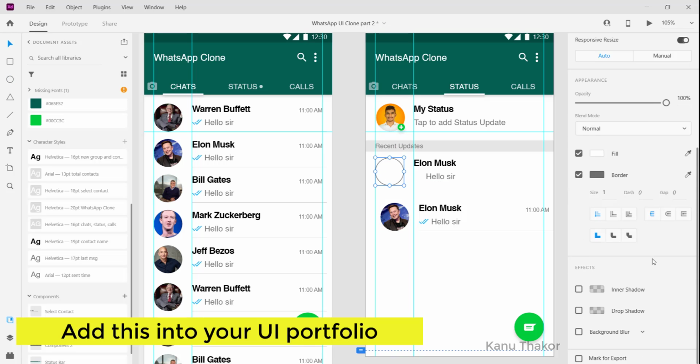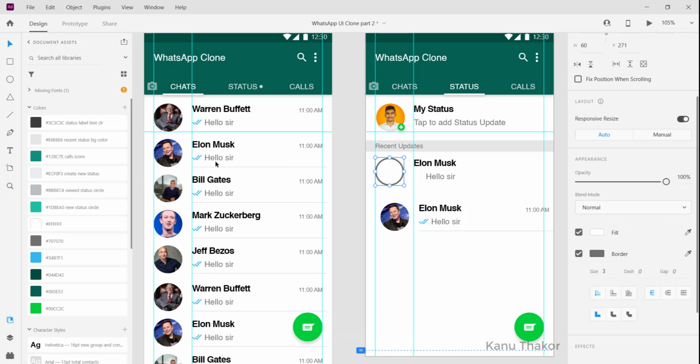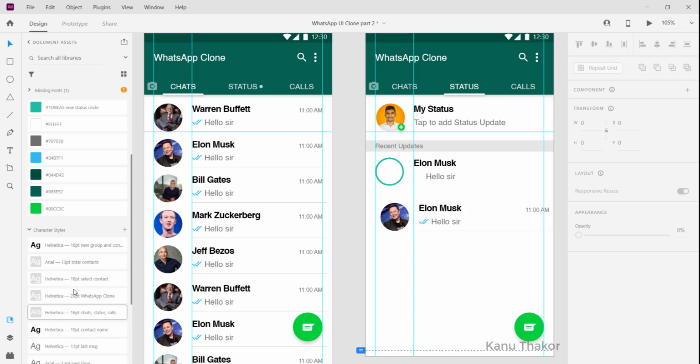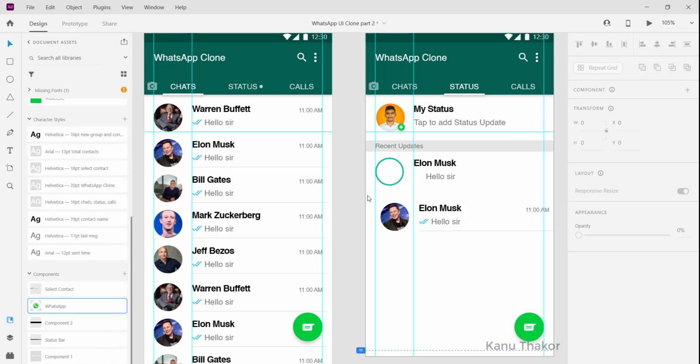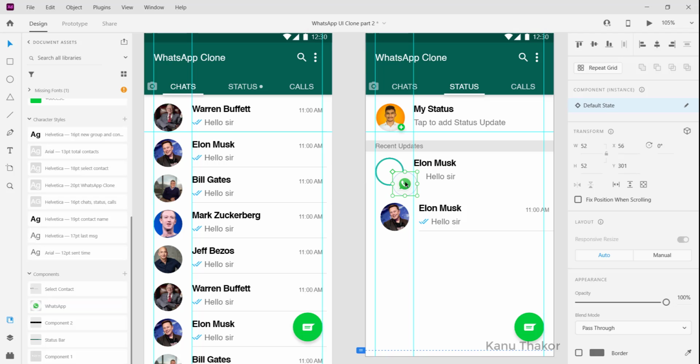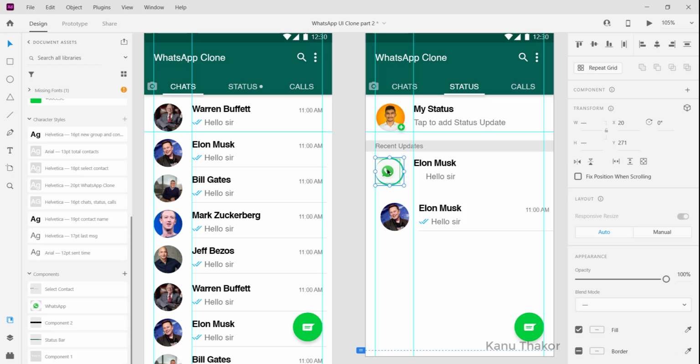For this circle, its border is going to be of size 3, and then we will add its border color to this one here. I am going to add this image here and then align it to center by selecting them and then using the alignment tools.